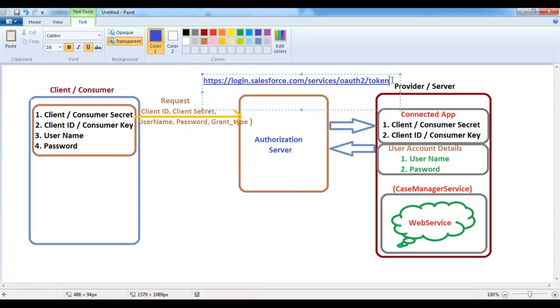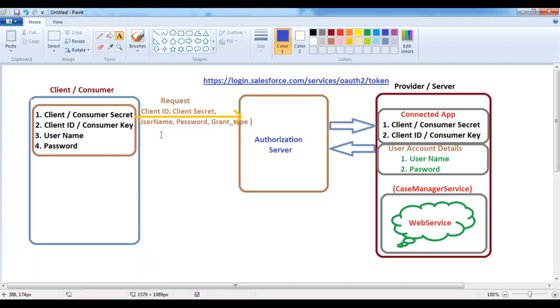So this is the authorization server URL which we need to connect. So we have to make a request to this authorization server first. Along with the request, we have to pass client ID, client secret, username, password, and the grant type. Once you are passing all this information,